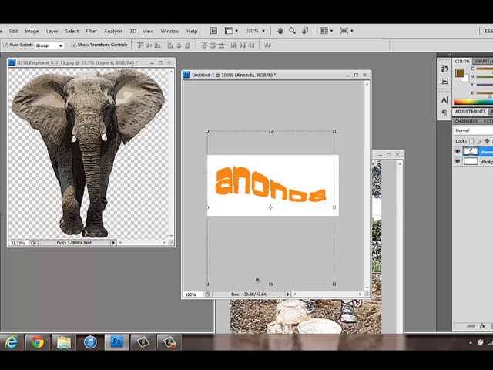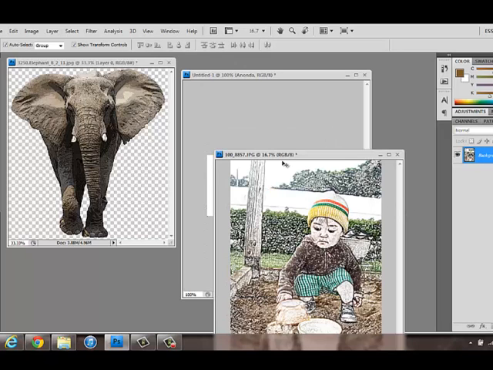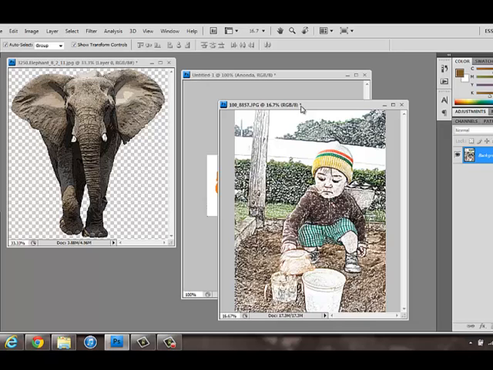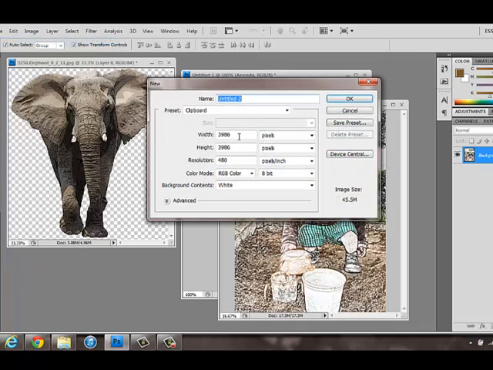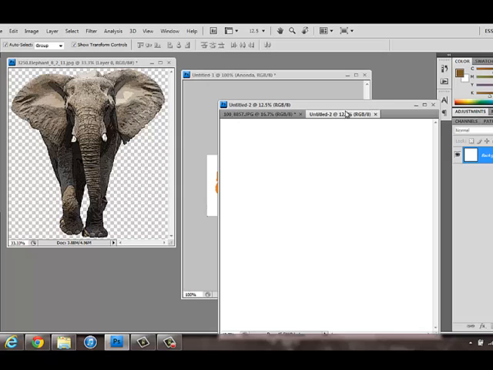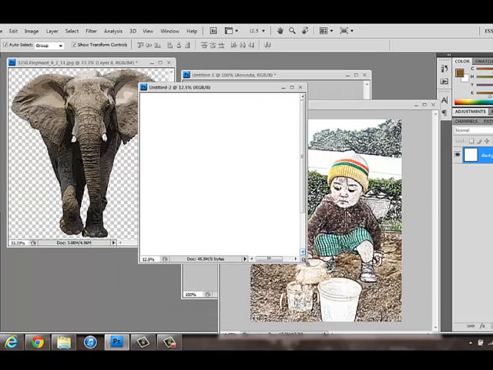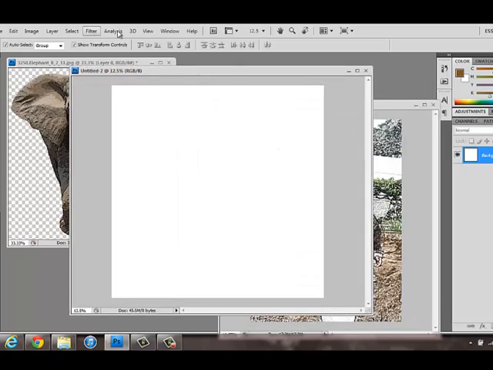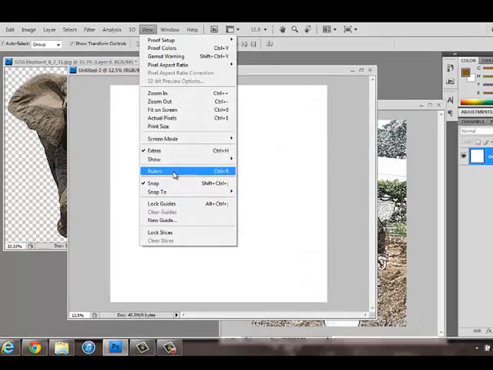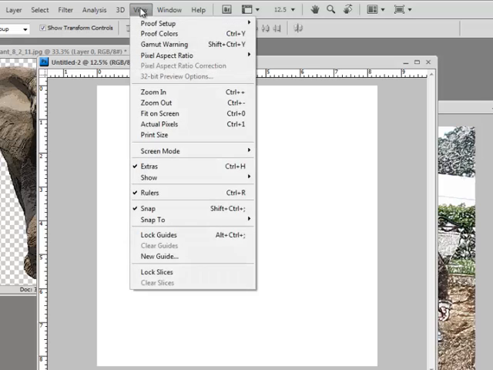Once you have at least a couple images and some words, and you can do these as complex as you'd like, created, then I'm going to go ahead and make a new document. So I'll go to File, New, and I will go ahead and hit OK. Now, with this document, I want to make that a little bit bigger so that I can work with the whole document,